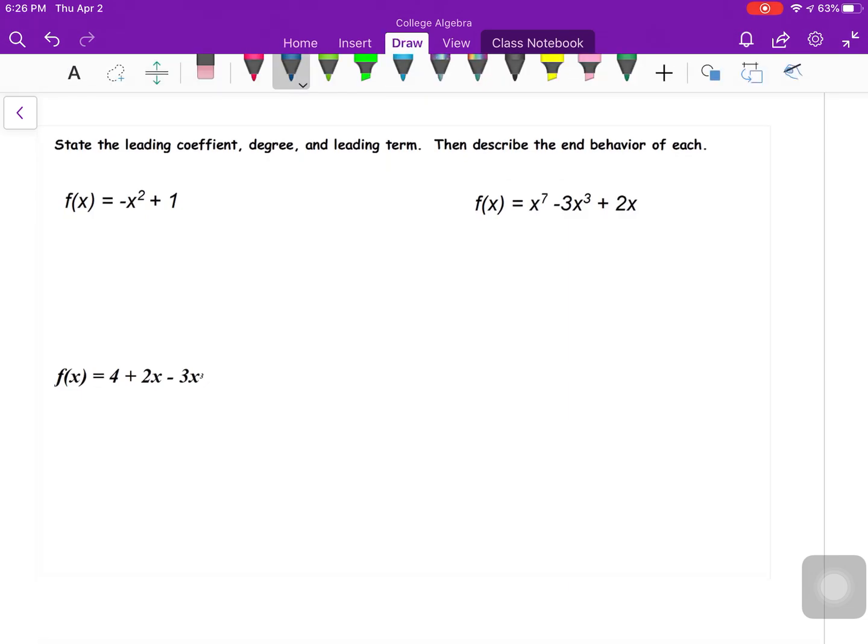This one says, state the leading coefficient,